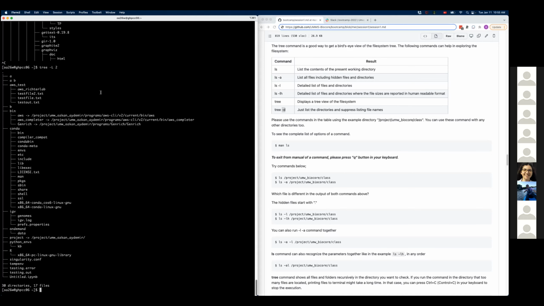So if I do 2, for example, one level is the original, the folders in my home directory, and then the second level is the folders within them, and it's not going to go into the next level. So if you want to just get a picture of how your work environment looks, you can use, again, this capital L followed by a number, right? So how many levels you want to do.